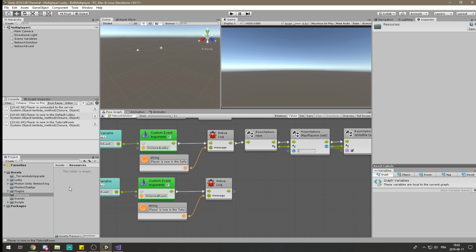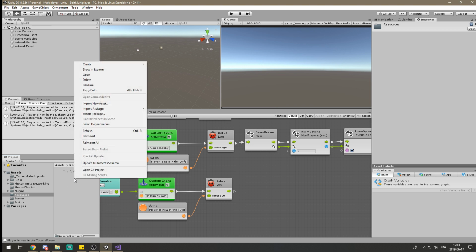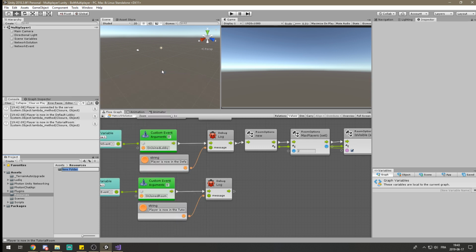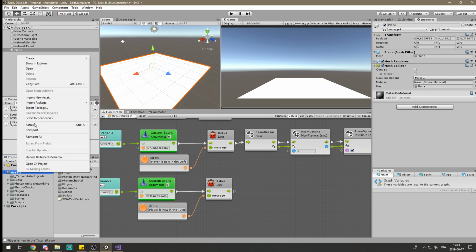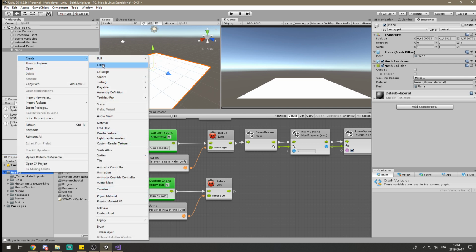After that, inside this folder, you can create a bunch of folders. It doesn't really matter. Like we can create one here and call it player, and we can drag our game object there if we want. First, we're going to create a new game object, or maybe just, let's create a plane for our ground. Let's create a new folder here